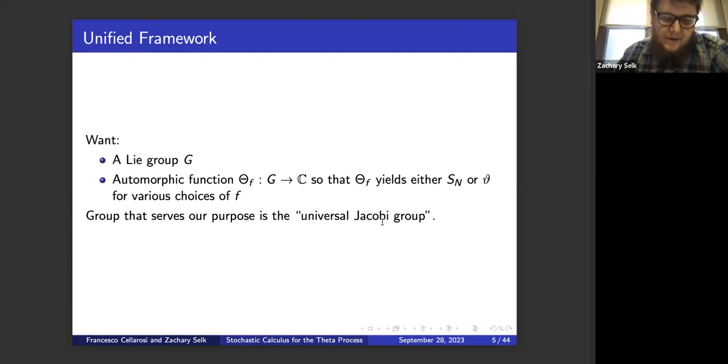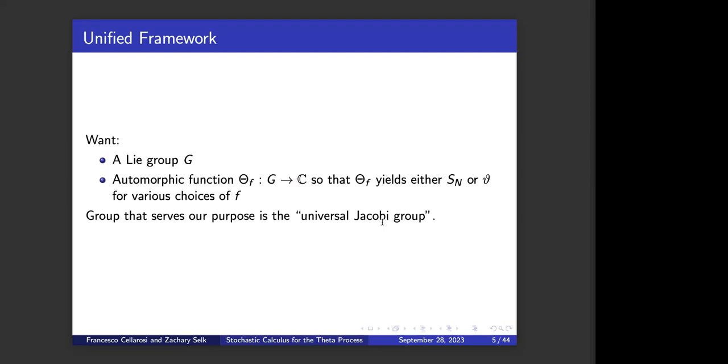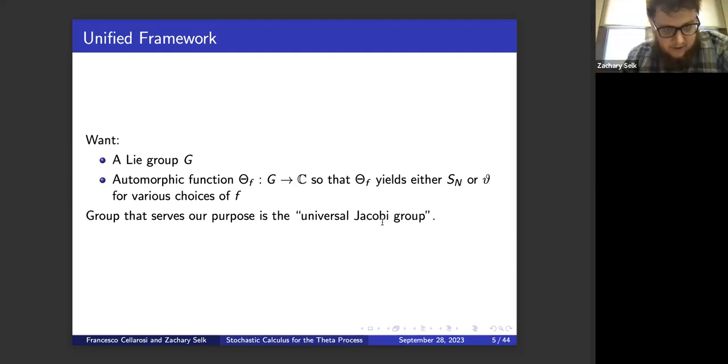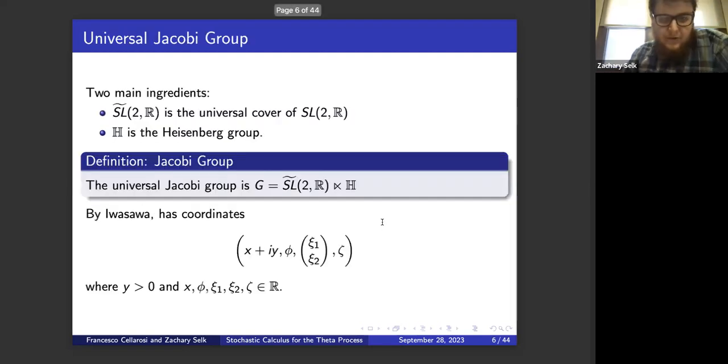So in order to study these sums, what we want is a Lie group, and we want an automorphic function depending on some choice of f that will yield either the Weyl sum, the Jacobi theta function, or other types of sums here. I'm going through this as it's mostly been in the literature for a little bit, but the group that works for this is this Jacobi group. So we take SL2R with its universal cover. We take the semi-direct product with the Heisenberg group, and this is the group that we're interested in. We define an automorphic function on that, and then the point is for various choices of f, various choices of parameters in the group, we can get